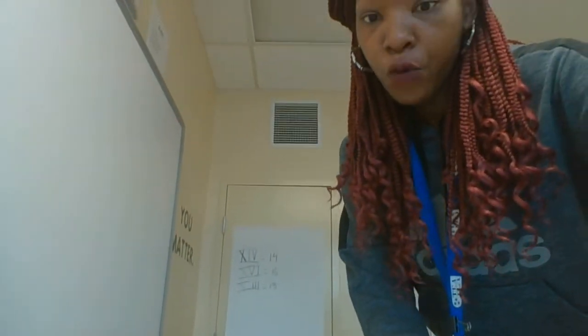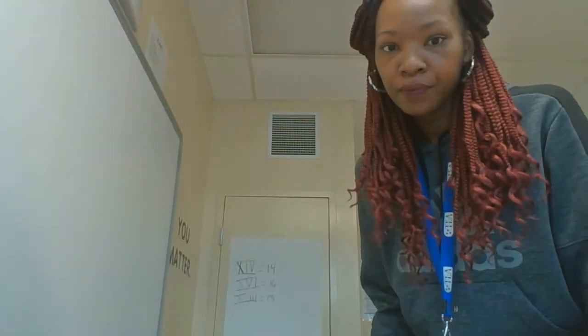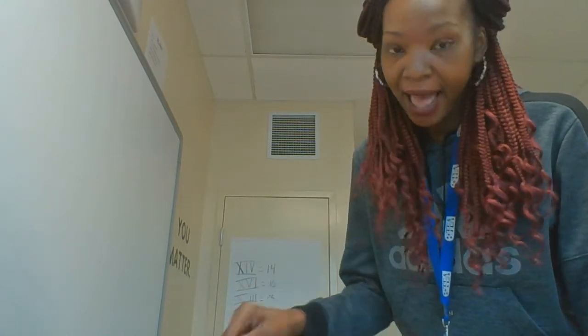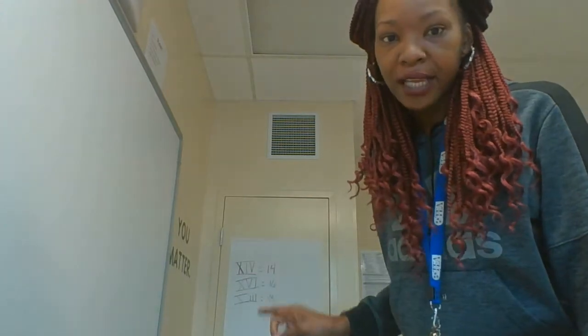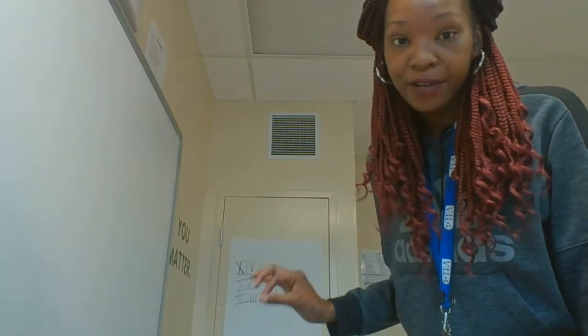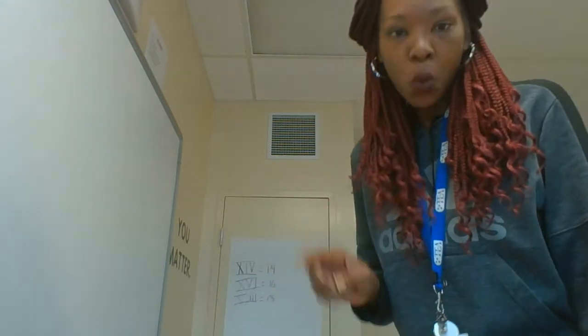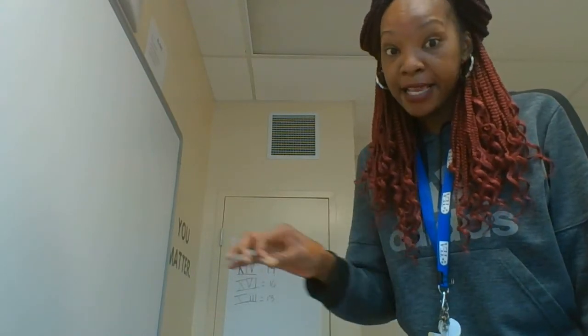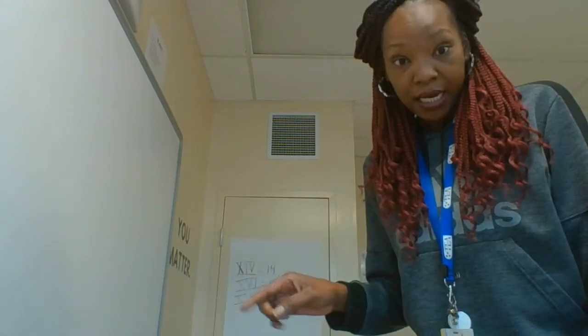And I want to make sure that everybody can see my sign back there. 14 is XIV. 16 is XVI. 13 is XIII. I want to make sure you're clear on that because that's a question that comes up on that quiz every week and people miss it. So 14 is XIV. 16 is XVI. 13 is XIII. So remember who Louis the 14th was, okay? And make sure you can distinguish him between